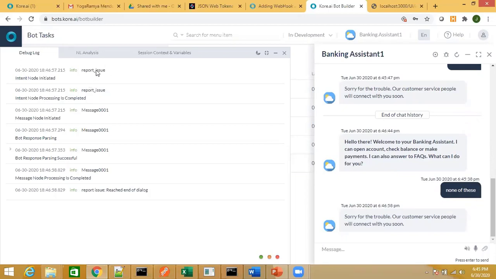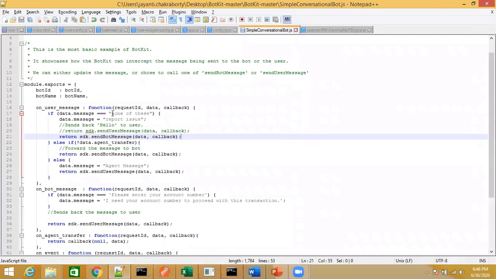Now this report issue task, I have not trained it with this utterance. But how is this task getting executed? Because I'm handling the situation from the botkit layer. At the botkit layer, what I have said is, if the user's utterance matches with this, then you can send this particular message to the bot.